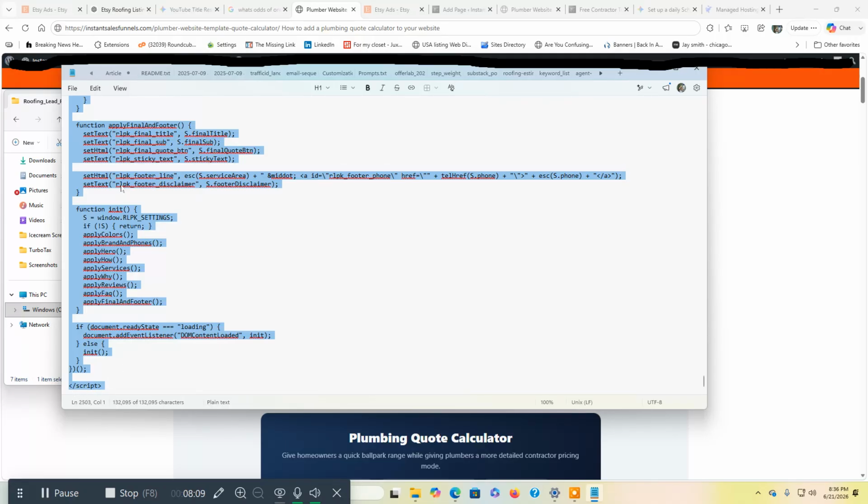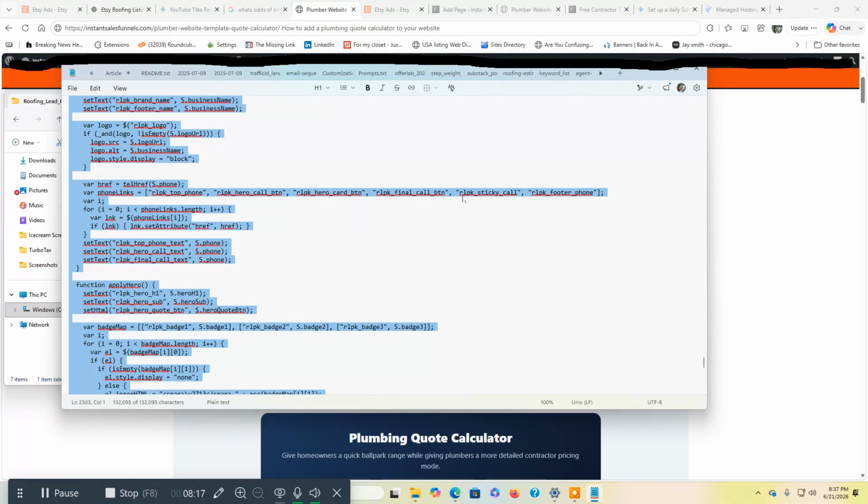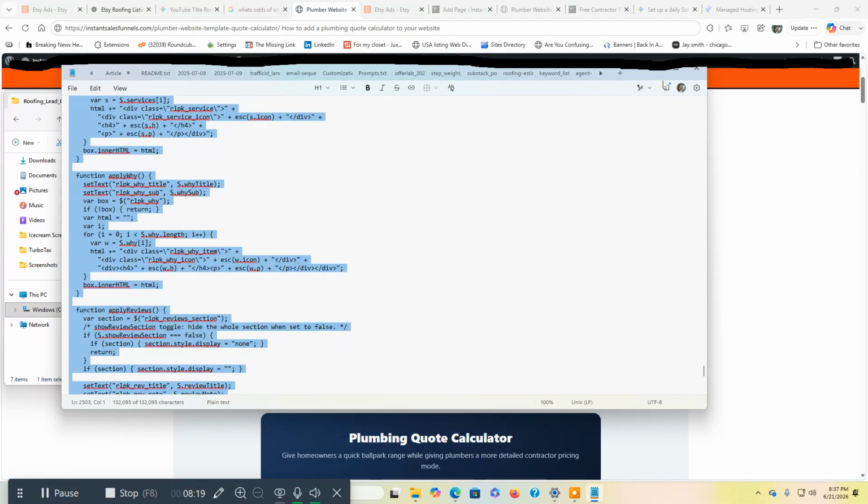You can also do Control+A and just copy it all, which is actually easier than what I just did. But there's two ways to do it. Whatever way you want to do it works. And you got all the codes selected. And then what we're going to do here,